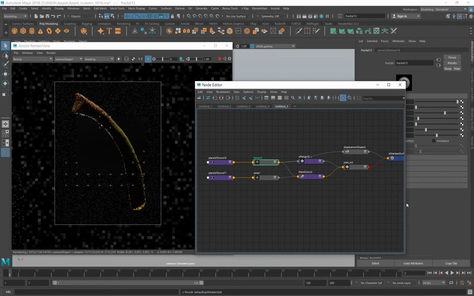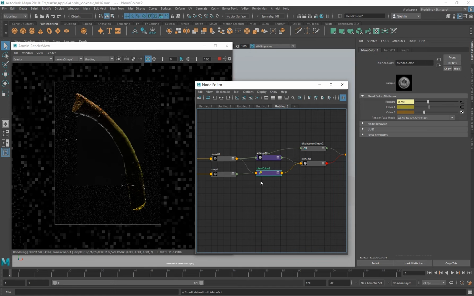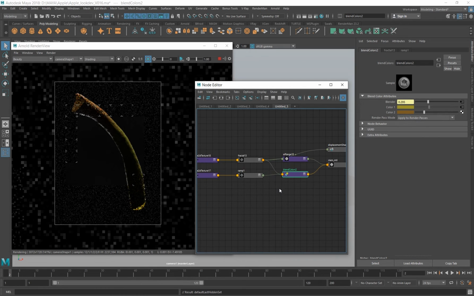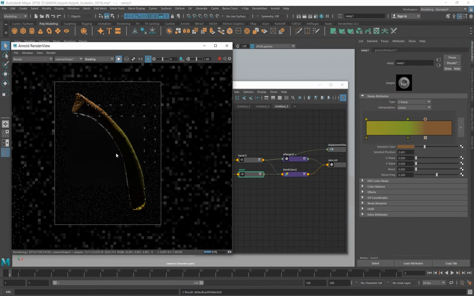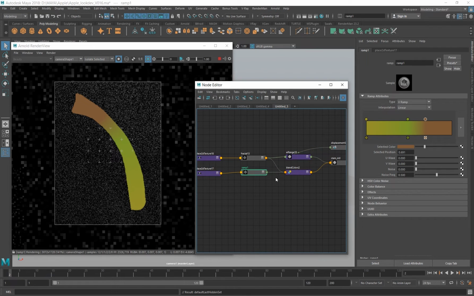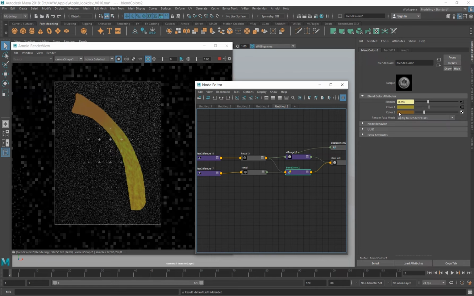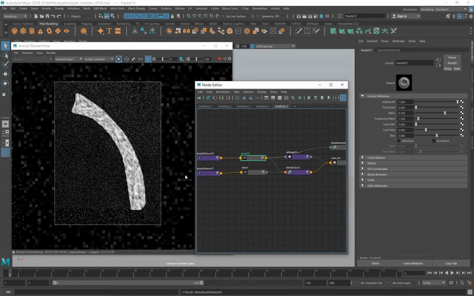I've created the base color from fractals. You see there are two colors for the stem, and I have created this ramp which is giving the variation from top to bottom. Again I am creating a different color, and you see the ramp and the second color blended with this fractal.